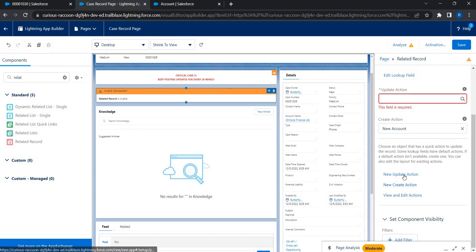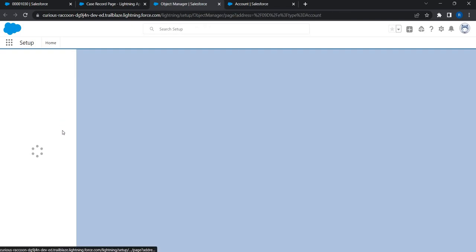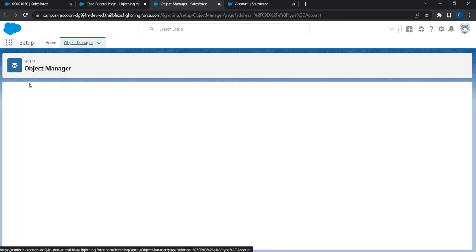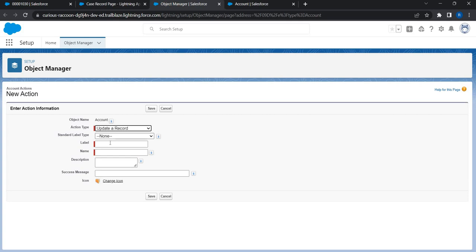Let's see what happens when I click on this, because the requirement here is that we have to update account status right from the case page. So let's click on new update action and see what happens. Let it open. As you can see, it is taking me directly to the account actions. I'll say I want to update a record,